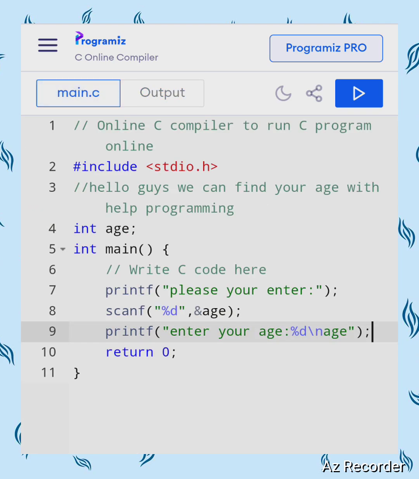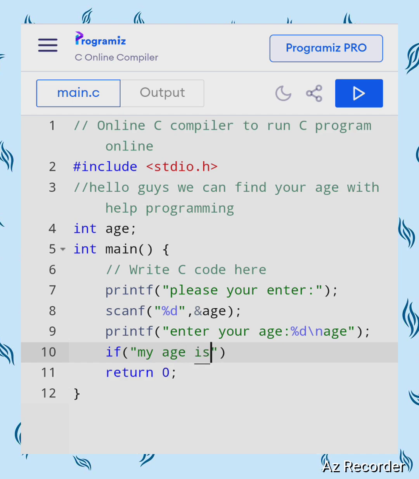If we want to add else if conditions, if my age is less than 18,